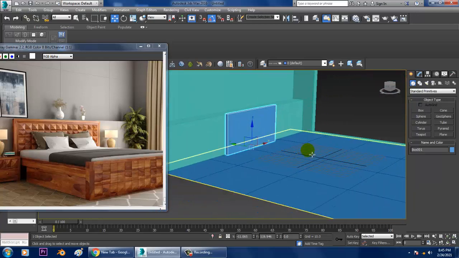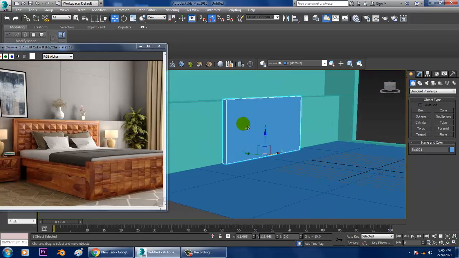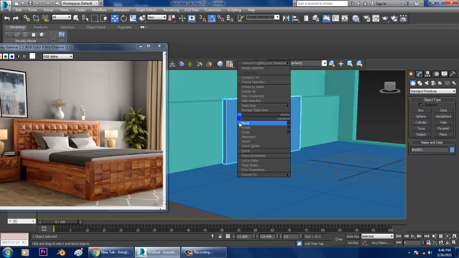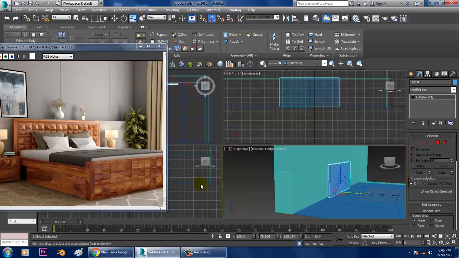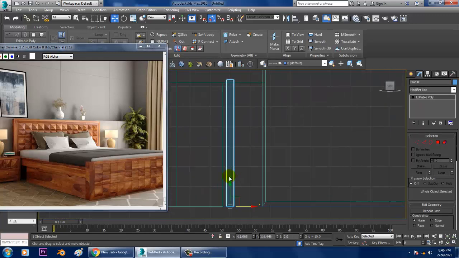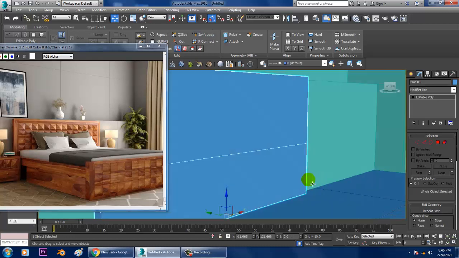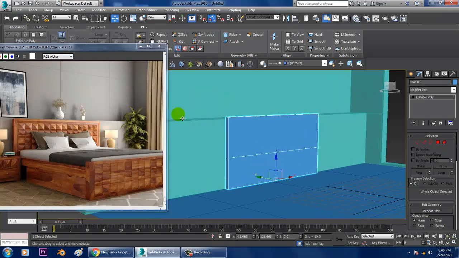After that, let's convert to editable poly, scale this stuff, and push it over here. Let's use one swift loop, and one more swift loop over here.